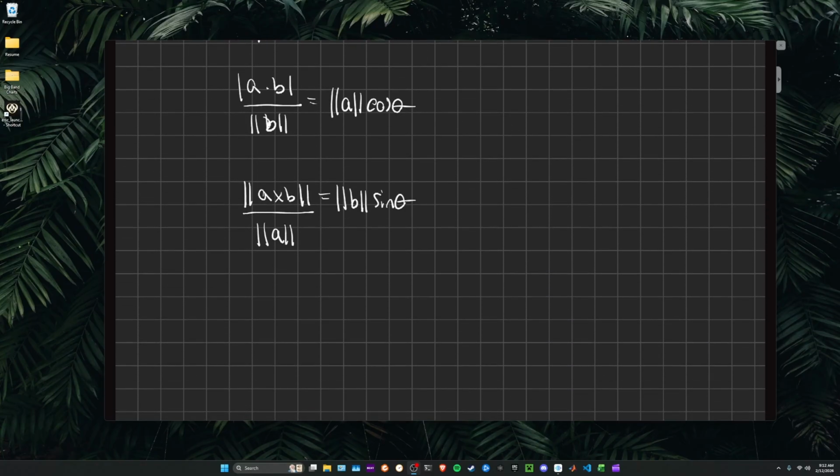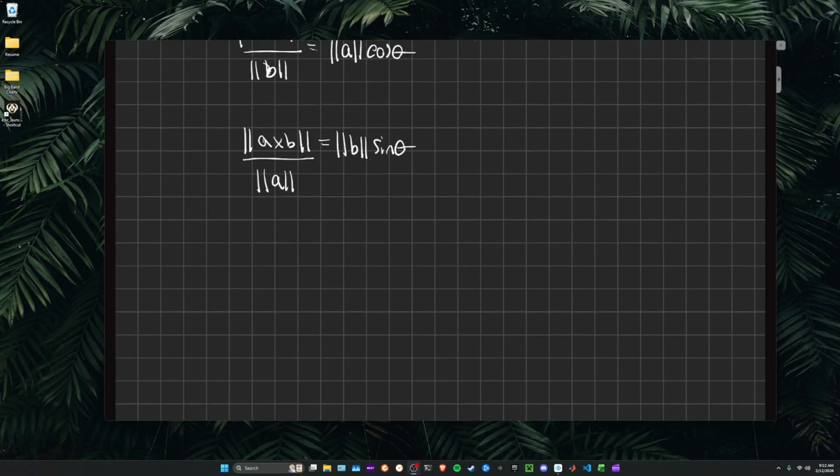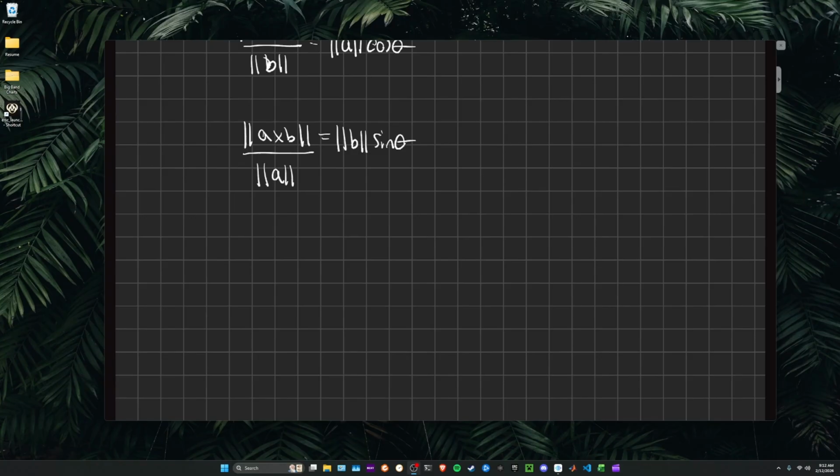So this would be the magnitude given by the norm of B, the component of B that is perpendicular to A. Remember that with the cross product, we should always be thinking of perpendicular vectors. So this would be the magnitude of the component of B that is perpendicular to the vector A. And similarly, we have,